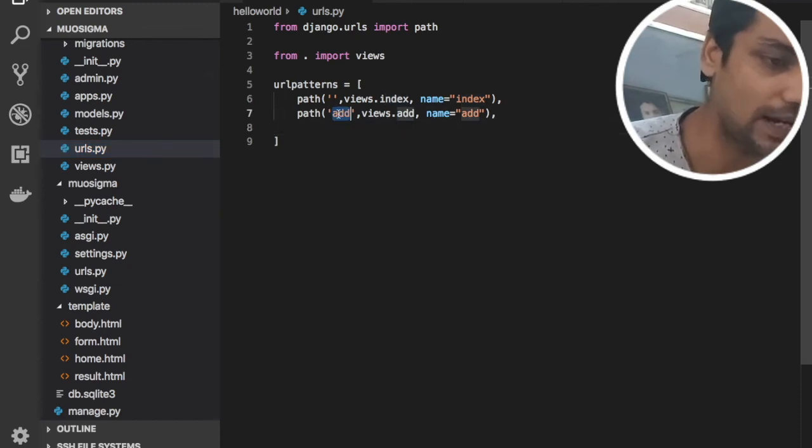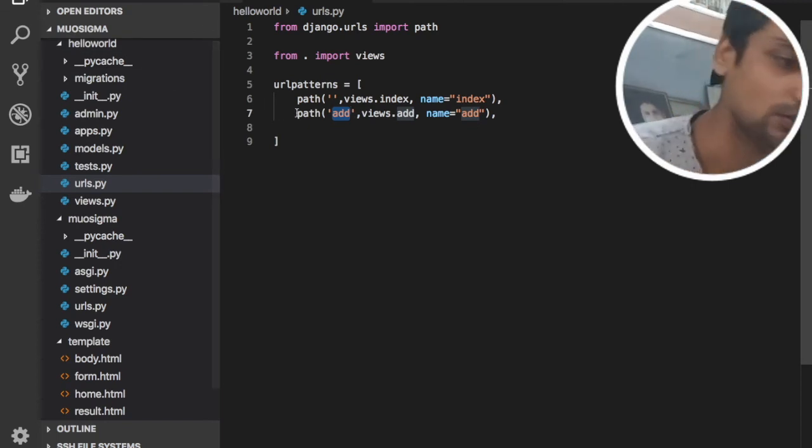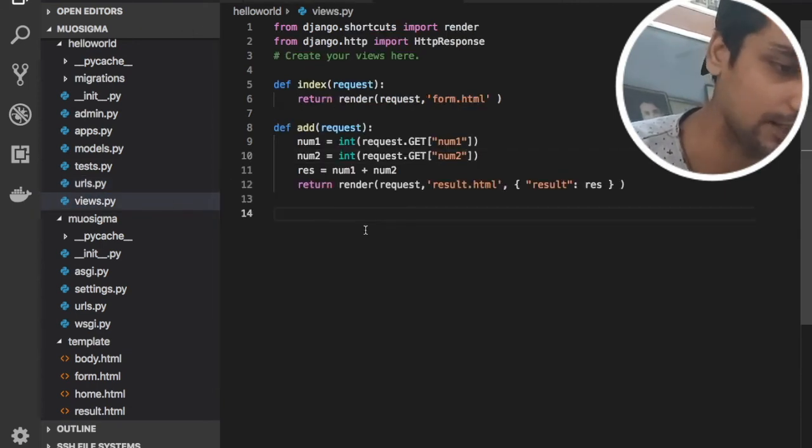So this path can be read by this application. When the application gets this add path, it will call the add function inside this views.py file. This add function will fetch the number 1 and number 2 values, store them in num1 and num2, add both values, and store the sum inside result.